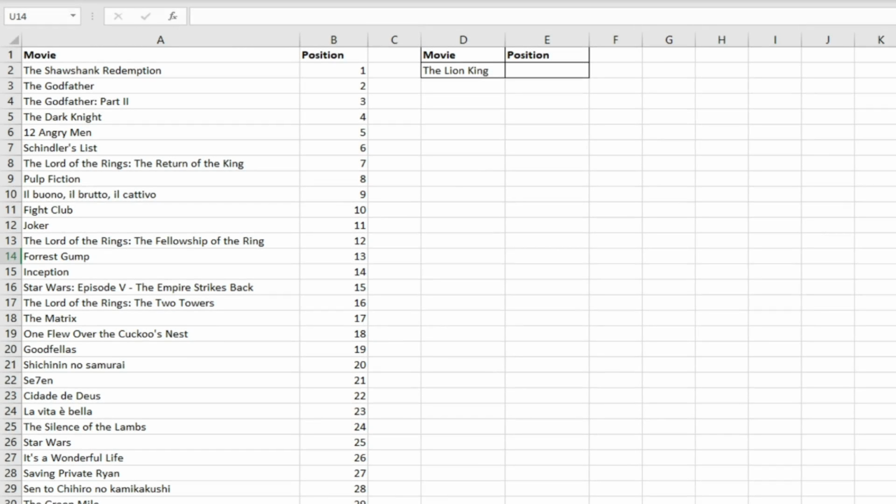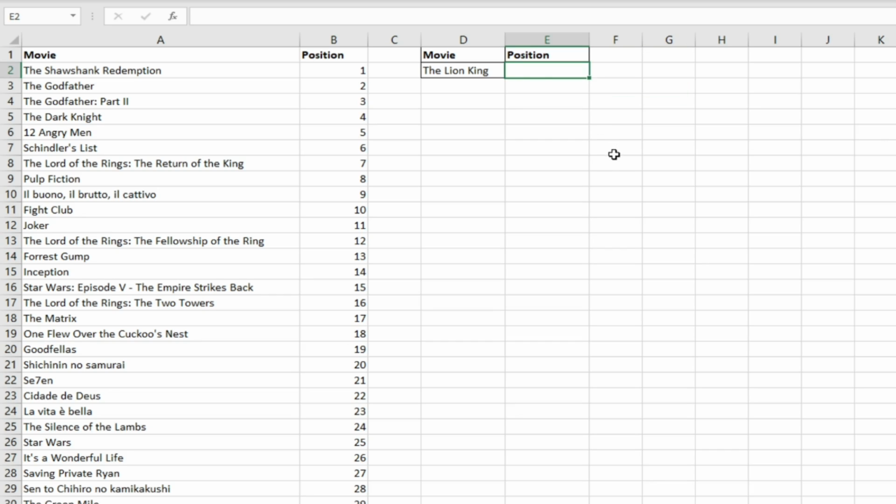In this video, we're going to look at a common error that can occur with the VLOOKUP and other lookup functions that you should be aware of. So we have some data over here. It's the top 100 films from the Internet Movie Database, and we're going to enter a VLOOKUP formula in this